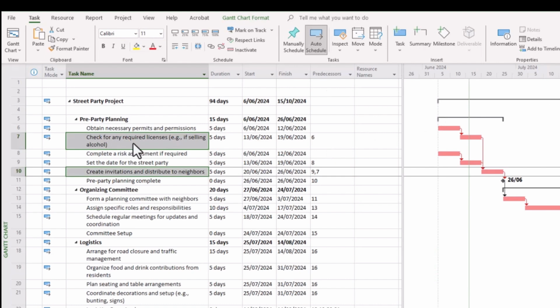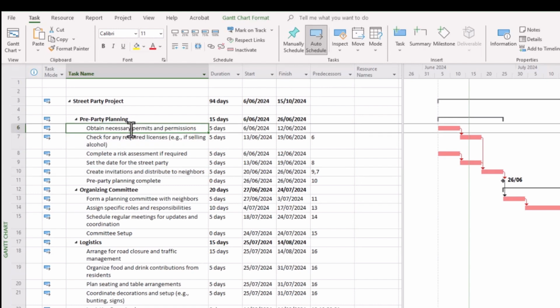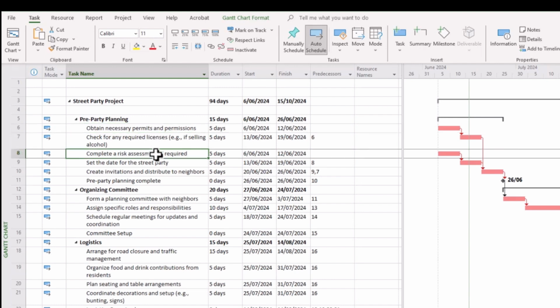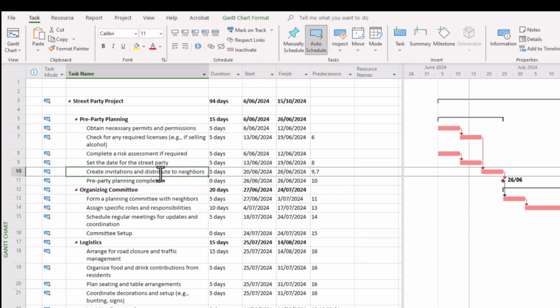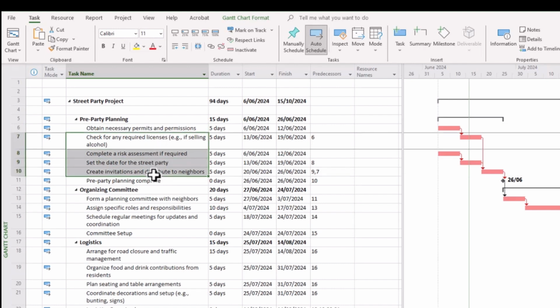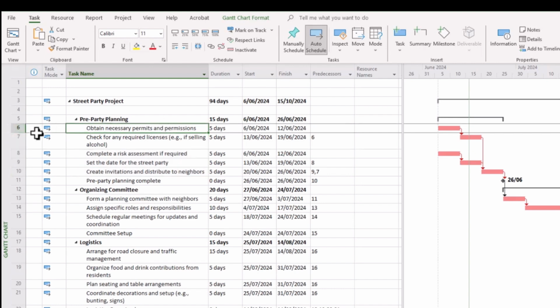Now, what happens if we realize that in this particular case the obtaining of permits and permissions is really the only prerequisite for a number of tasks within the project schedule? So say, for example, all of these tasks, row 7 to row 10, have just the one prerequisite, and that is obtain necessary permissions in row 6.